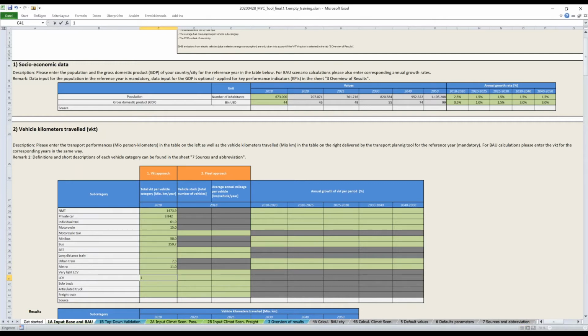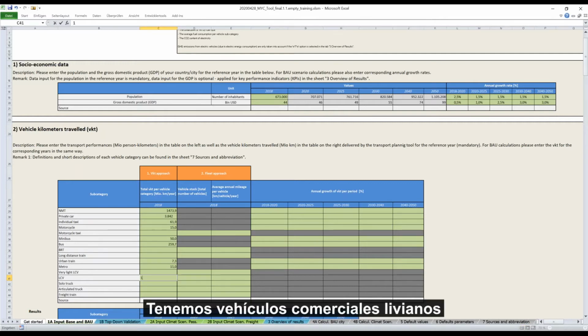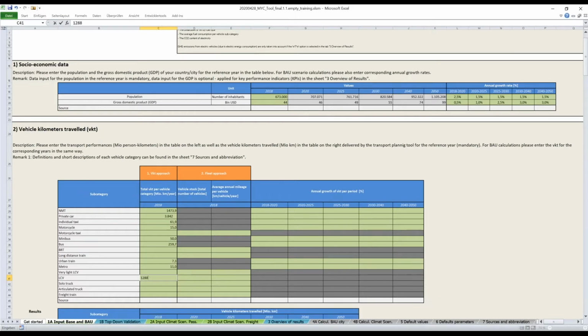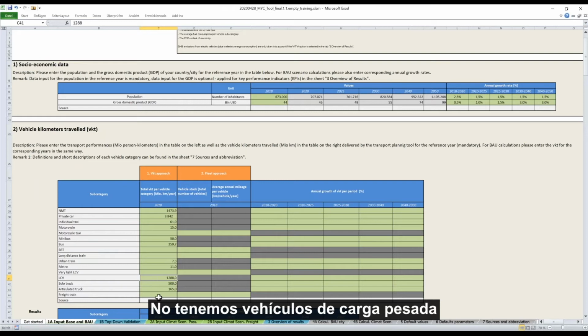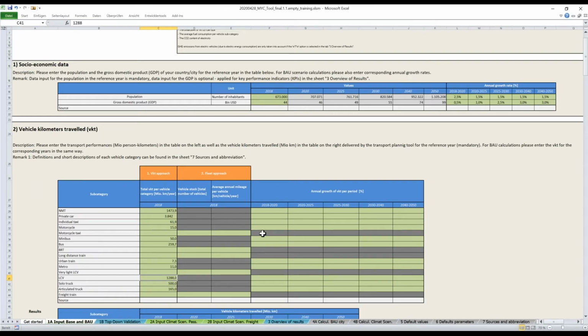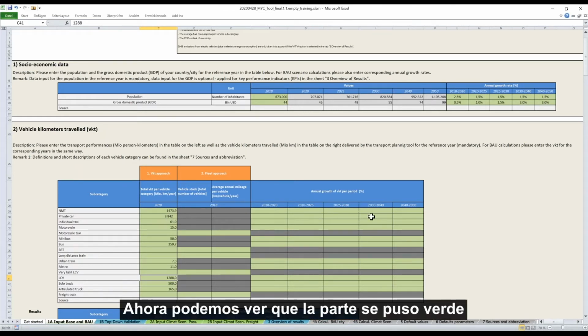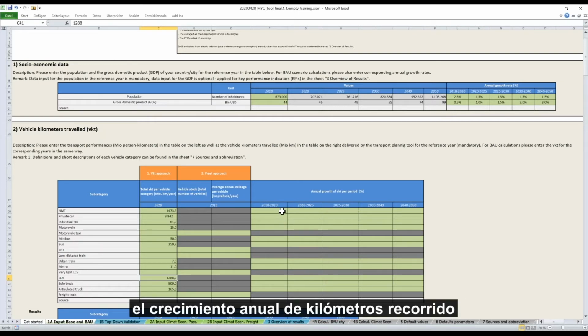And on the freight side, we have light commercial vehicle, as well as solo trucks and articulated truck. We don't have any freight. You can see that this part went green. That means you can now enter your annual growth of mileage in the same way as above, growth